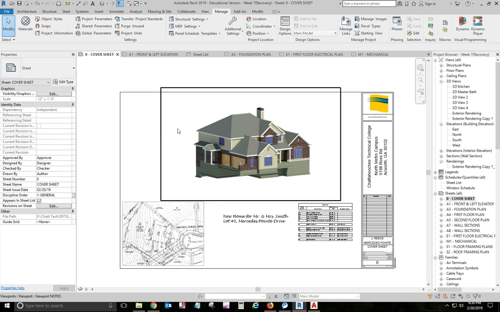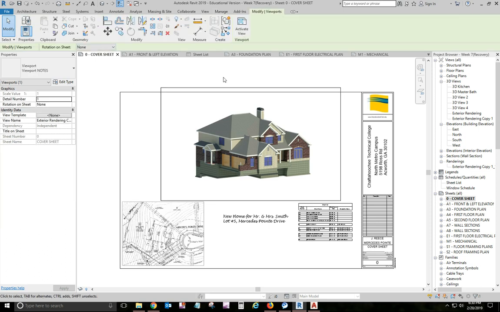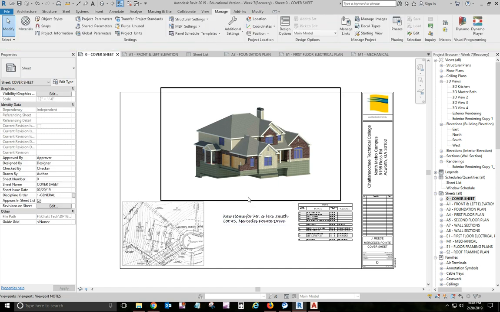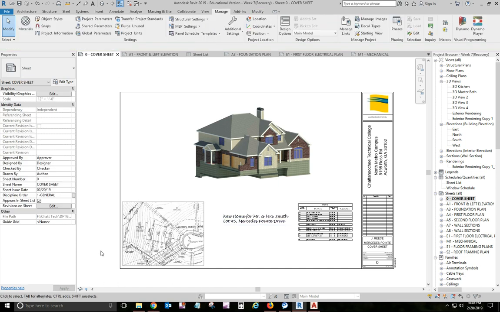And for scale, when I set my view up, I set it at like 3/16 equals 1 foot for the scale. Place it in and change the viewport to our viewport notes type, so there's no title scale thing under it. I'm giving you a JPEG copy of the site plan that you can pull in here